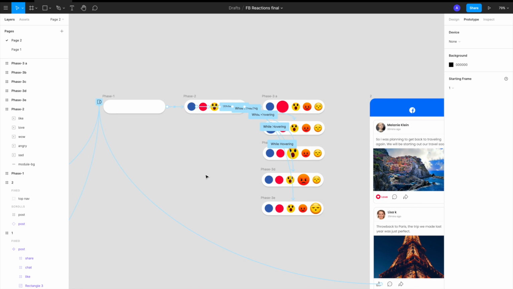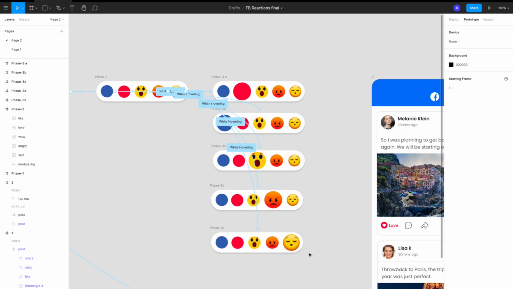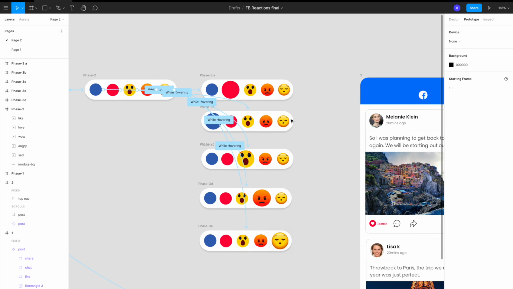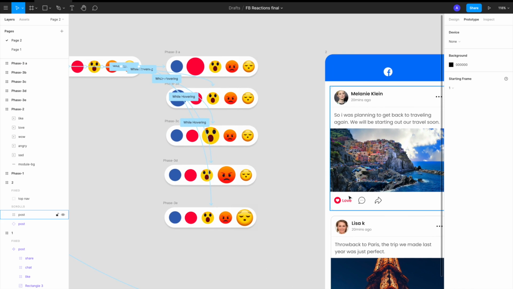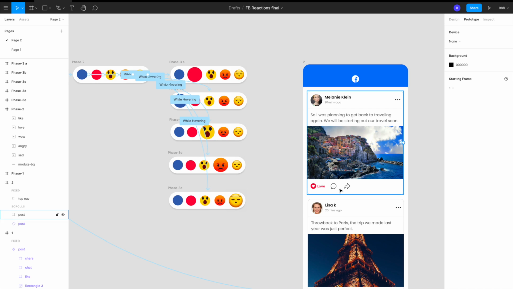Okay guys, so what I have done right now is linked all of these individual stages to their respective zoom stage. Now what we want is, when we click on any of these zoom stages, we should get that stage selected in this final thing. Since I've only done one of these stages, you need to do all five: love, angry, sad, all of these, and wow as well. You need to create all the stages, but I'm doing just one so that you get the gist of it.